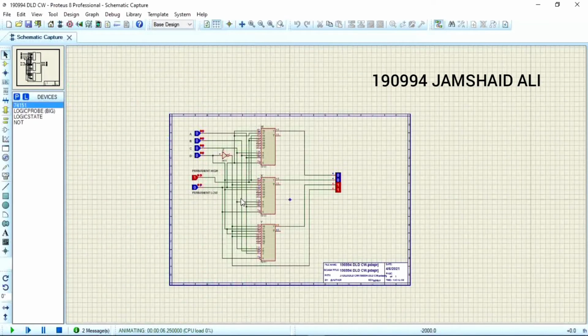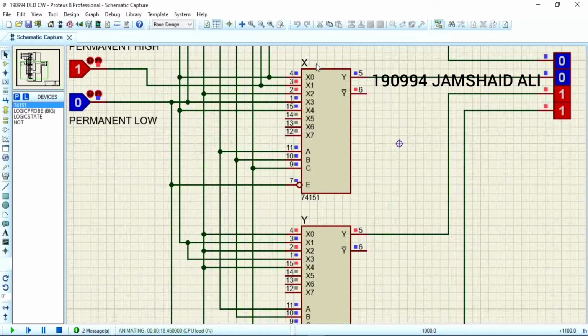So instead of using Mux, we connected this logic directly to this logic probe.